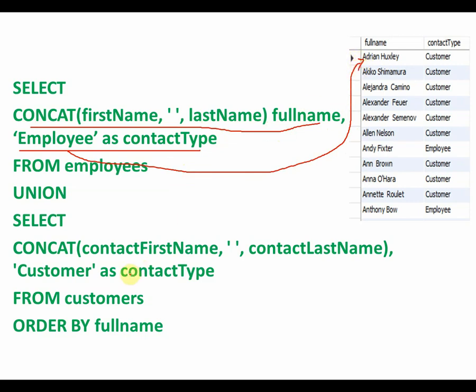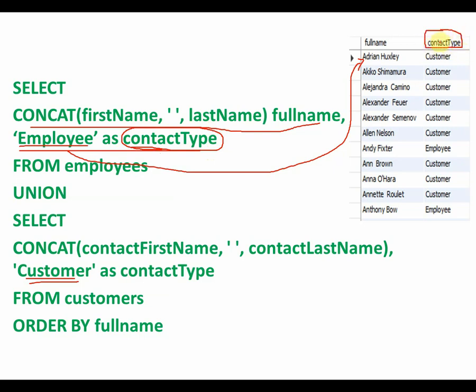Wherever that person is an employee, the term employee will be mentioned. Wherever there is a customer, the term customer will be mentioned, and this alias you have to actually put up. And the column name will be whatever is over here. So contact type is the column name which is displayed over here.